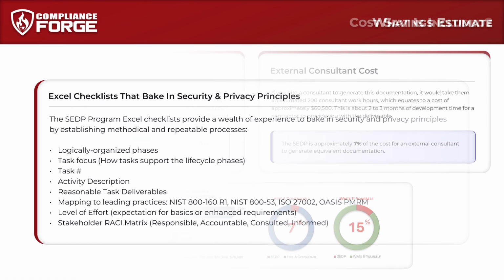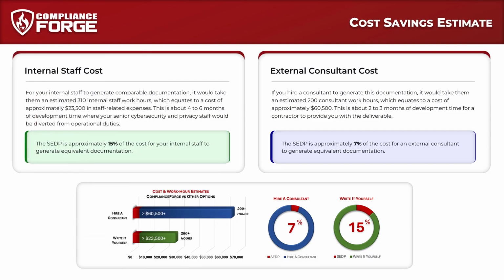Now compare that against the two alternatives for obtaining quality cybersecurity documentation. For your internal staff to generate comparable documentation, it would take them an estimated 310 internal staff work hours, which equates to a cost of approximately $23,500 in staff-related expenses. That is about 4 to 6 months of development time, where your senior cybersecurity and privacy staff would be diverted